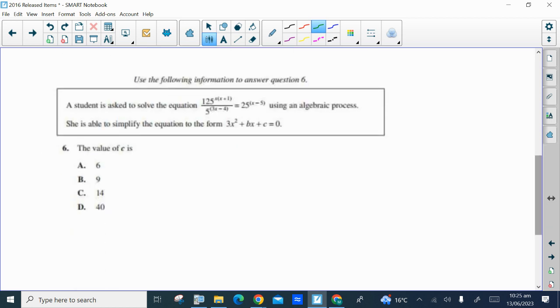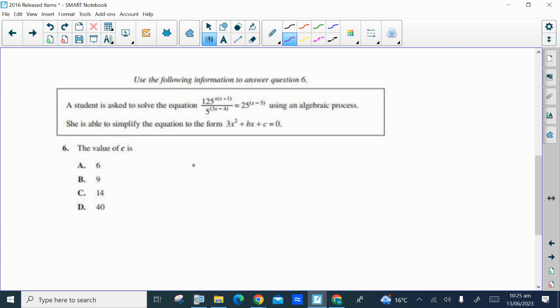Next question. The student was asked to solve that equation using an algebraic process. She's able to simplify the equation into that form as a quadratic. What is the value of C if you write the equation as a quadratic? So there's some work that we're going to have to do here, and that will involve making the bases the